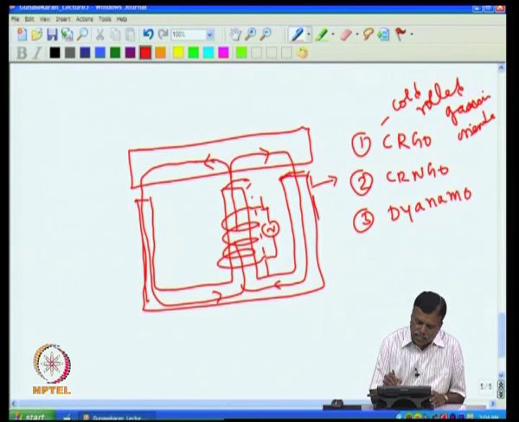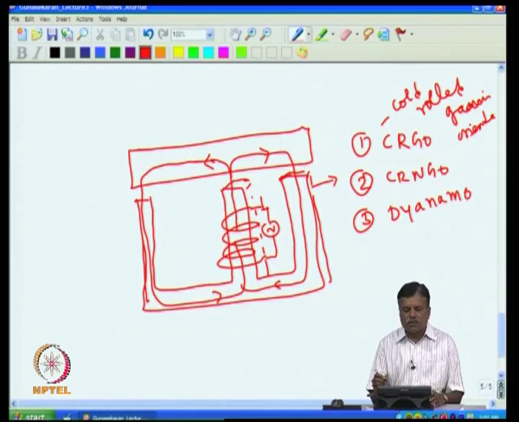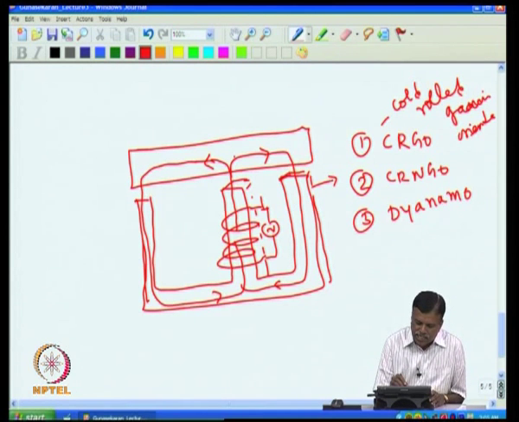Normally the transformer is made in such a way that there is no air gap. In the figure an air gap had come, but in the actual case there is only a very small air gap, as it is stacked in such a way that this and this are perfectly joined. Now, how many turns I have to put is the main question. So, the question is how many number of turns.